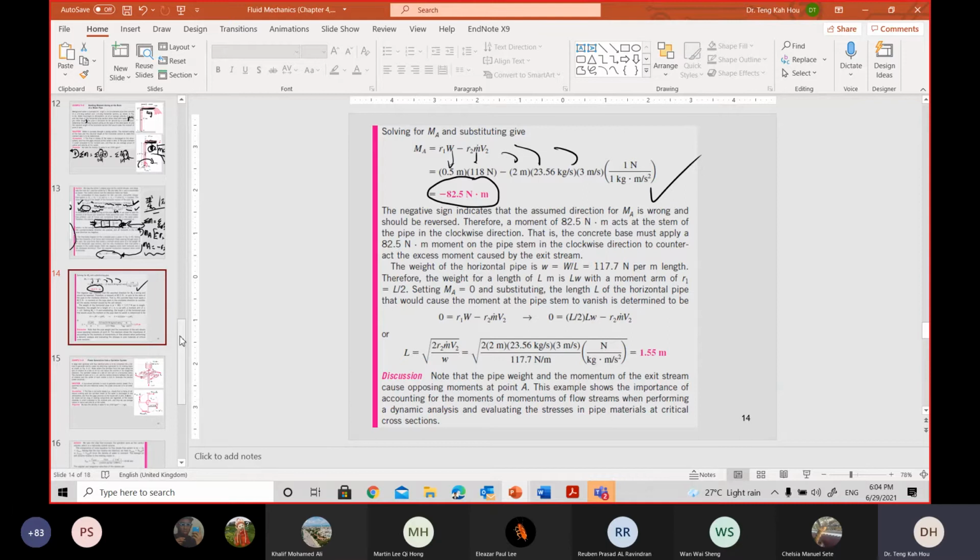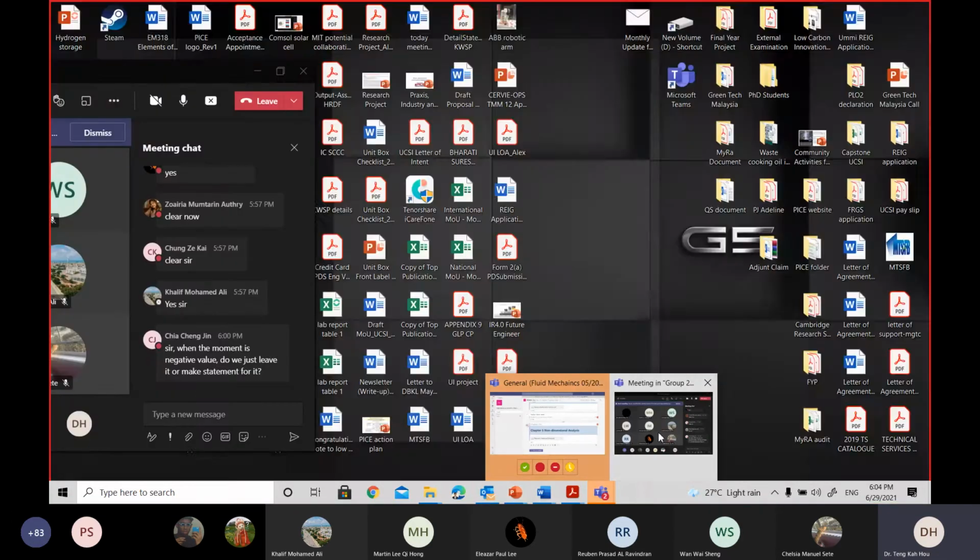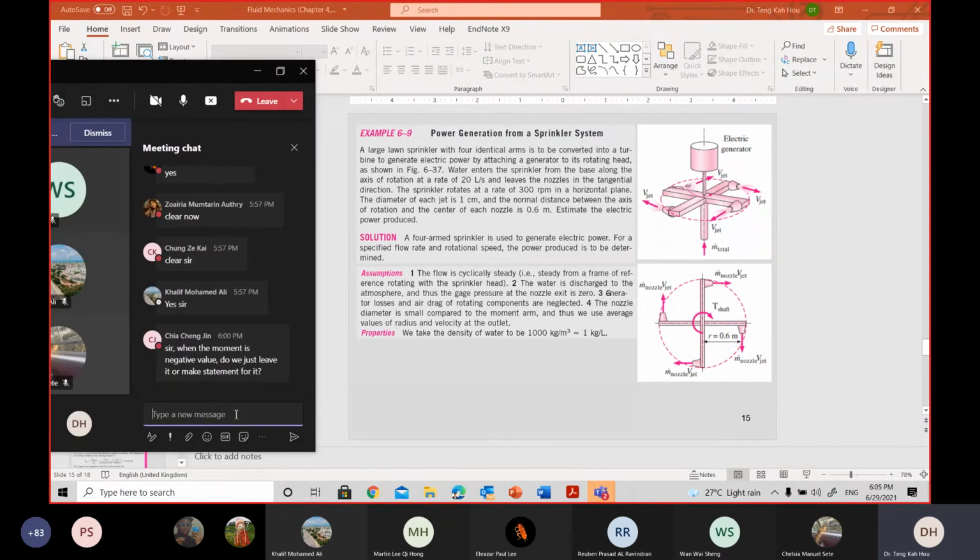I wish you have some thinking on that, what's happening. Okay? So when it comes to these questions, perhaps spend 5 minutes to get the overall concept. How many of you have gone through these questions? Question 6, example 6.9. Have you gone through it? If no one, I assume none of you have tried. But anyway, don't worry. Take 5 minutes to try that.